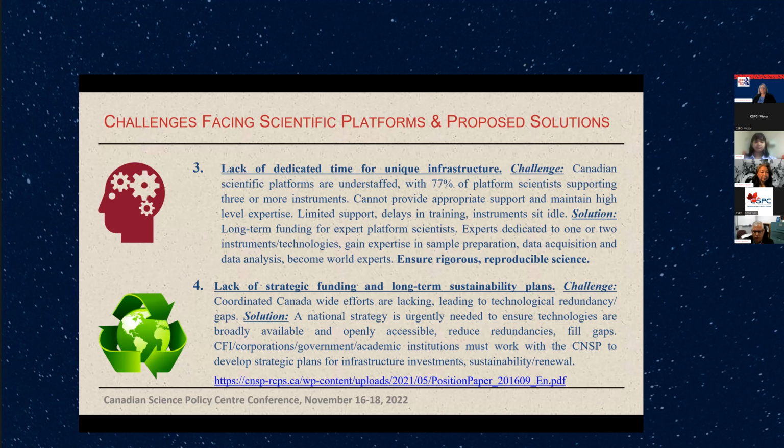We also, I think number 3 is kind of similar to the first one I mentioned, that we really need dedicated scientists. A lot of these instruments are around $1 million, and we need people to really be with the researchers and become world experts on that technology so that they can ensure rigorous reproducible science is done. And then we'd really like to have more support for the network itself, because we'd like to be working with different stakeholders in order to come up with strategic plans to make sure the equipment is available and accessible